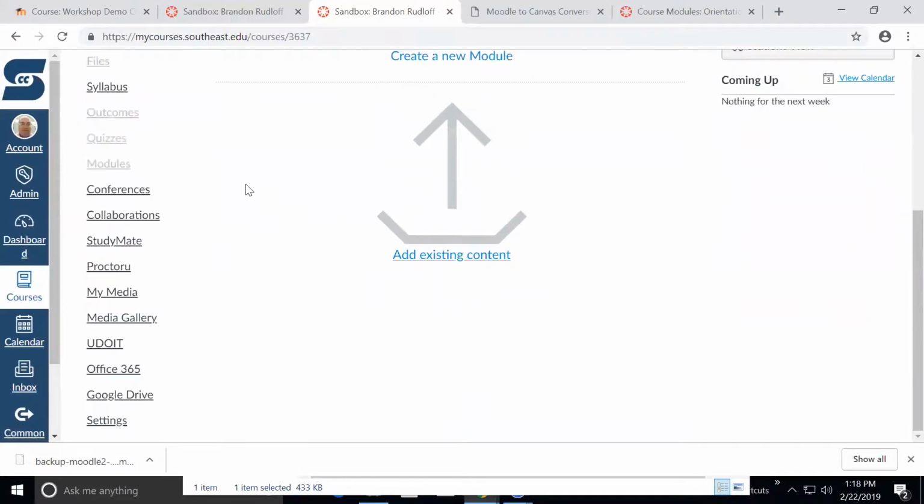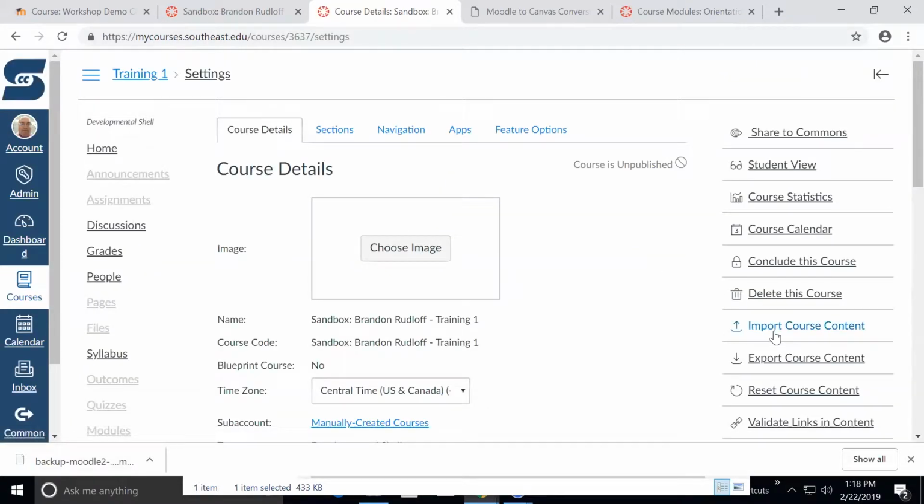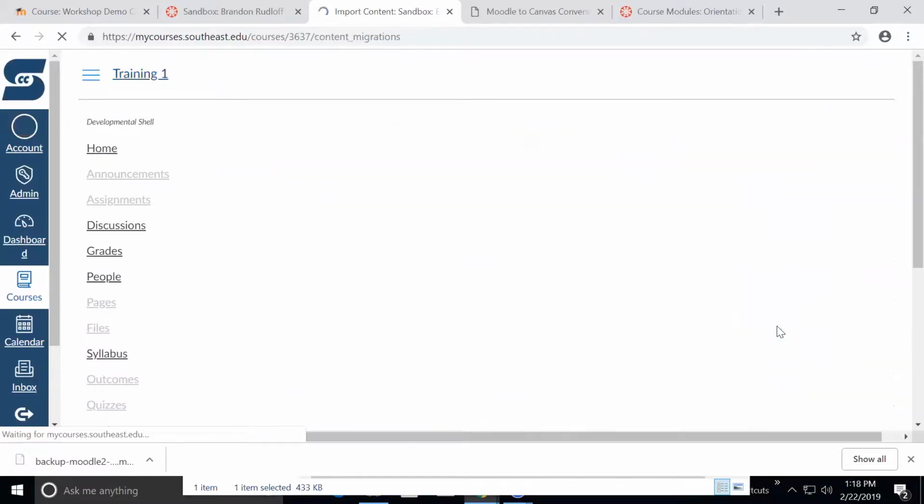So here's kind of what a blank sandbox is going to look like. You scroll all the way down to the left on your navigation bar to settings. And then you'll have an option on the right hand side that'll say import course content. If it's the first time you're on this page, you may have a box that pops up with kind of a tutorial. If you close that, this box will show on the right hand side. You do import course content,